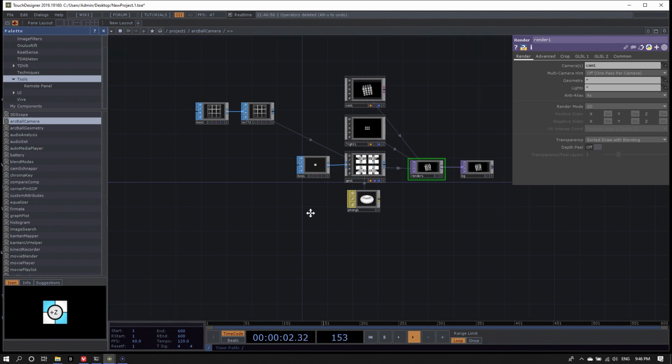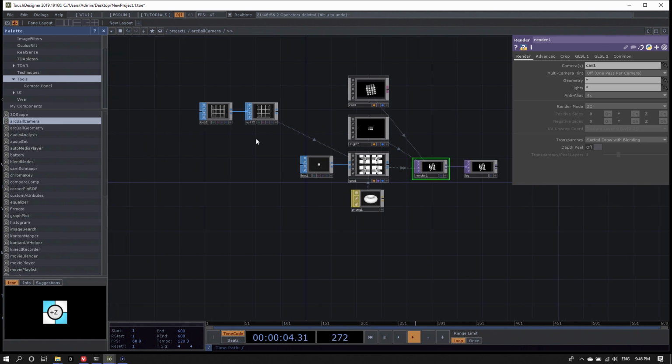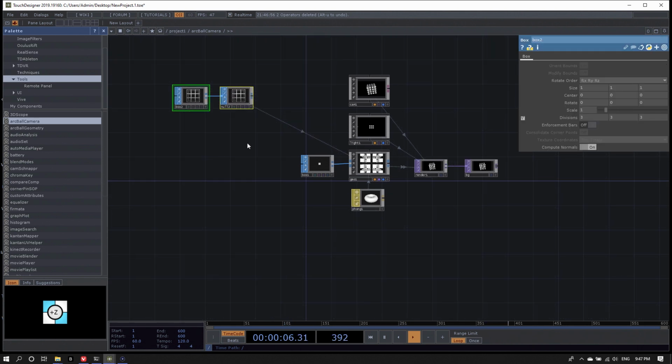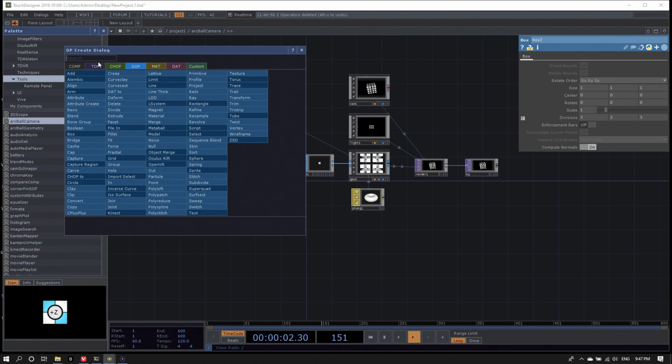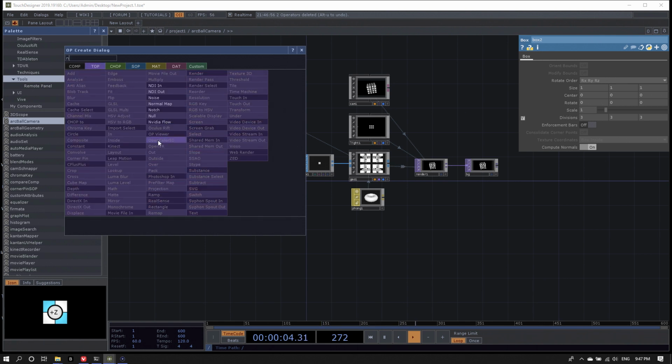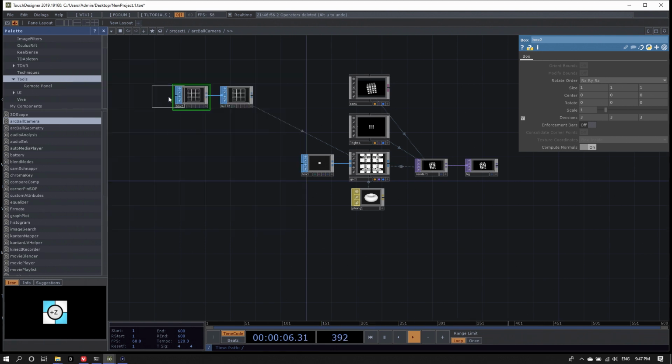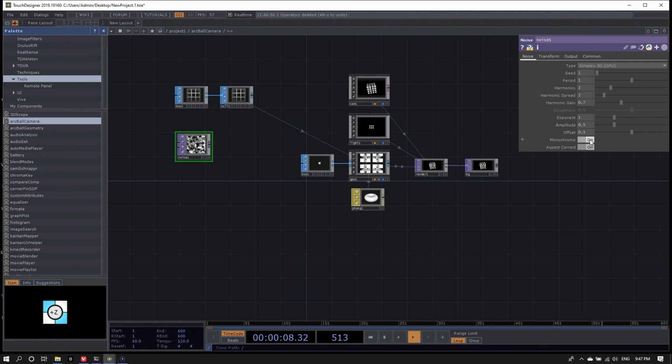Let's delete this. Now let's see, how would we get color onto the whole thing? Same workflow as before. Let's create a noise top first. In the noise top, turn monochrome off. And as an input, we need the noise coordinate map. The noise coordinates we can get from our box sub.